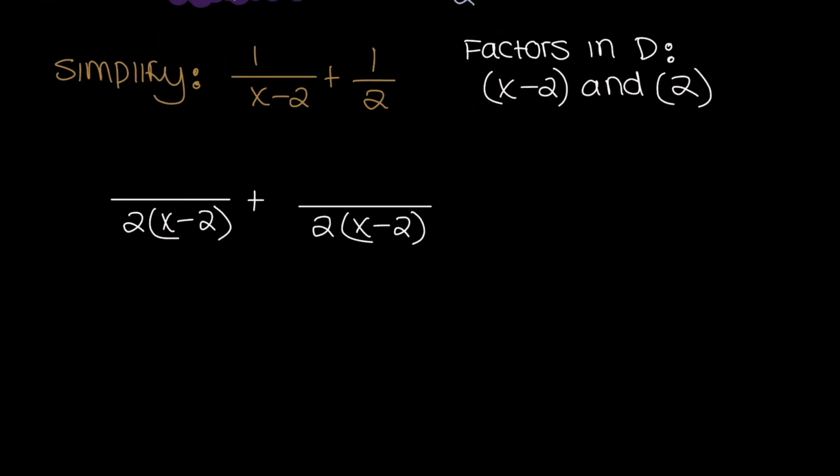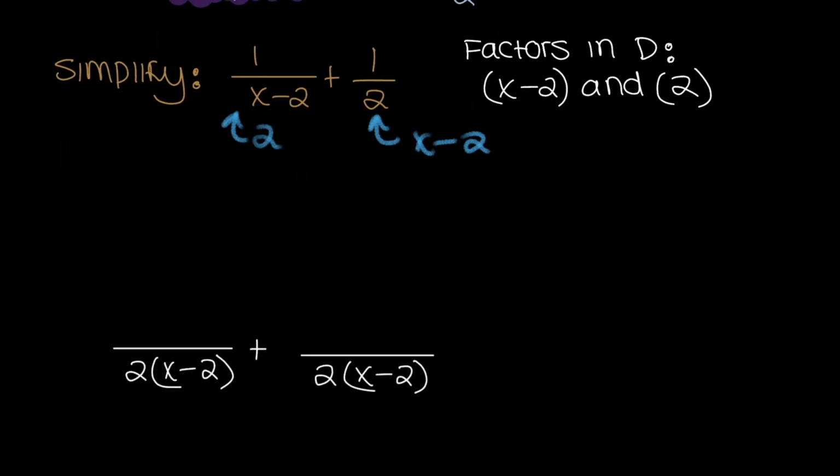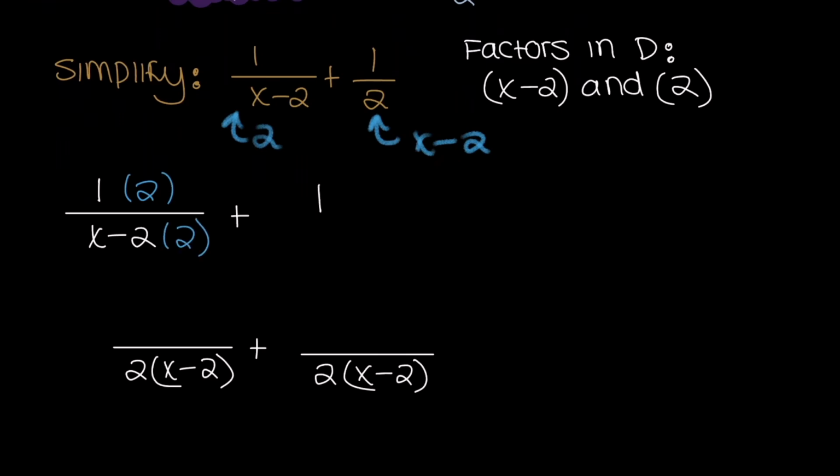and let's think about it. Here in this one, we're missing a 2, and here we're missing x minus 2. And how do we get both of these factors on them? We multiply the numerator and denominator by the factor. So I'm going to move this down as this is our final goal. Let's try doing that. We're going to take 1 over x minus 2, multiply the numerator and denominator by 2, and then for our second one, 1 over 2, we multiply by x minus 2,